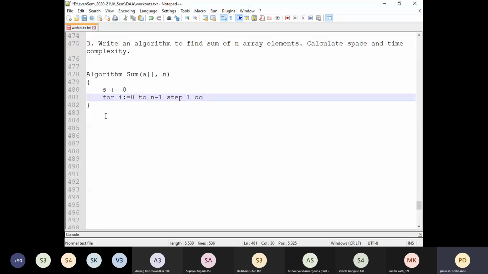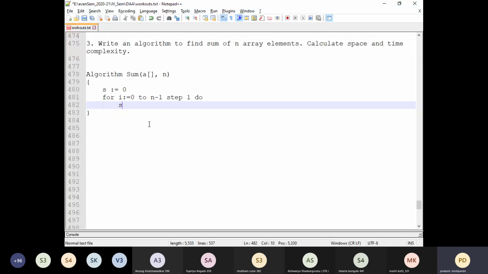I am purposely writing the step in this particular algorithm because we need to understand the constants which are involved in it. By default, if I don't write the step, it will increment by 1, but I'm including the 1 here in order to understand the number of constants in the algorithm. Then next we need to sum up every element and store it in the variable s.